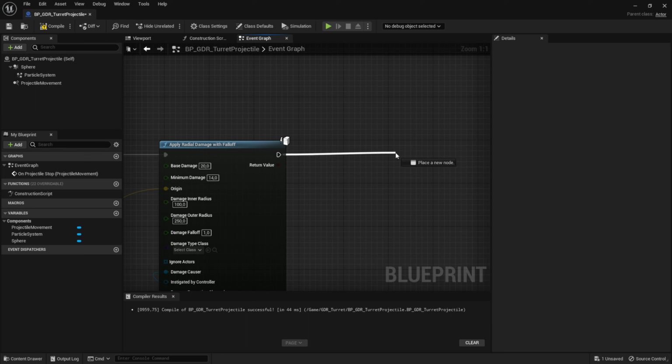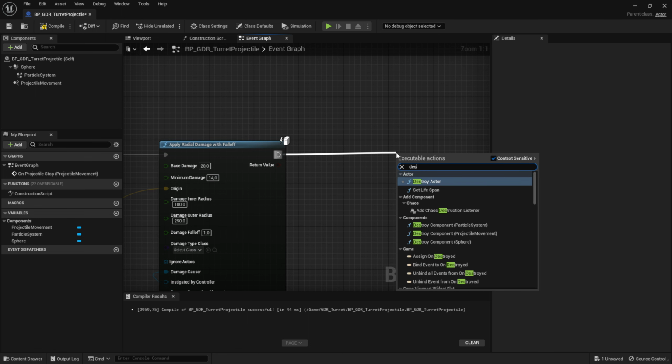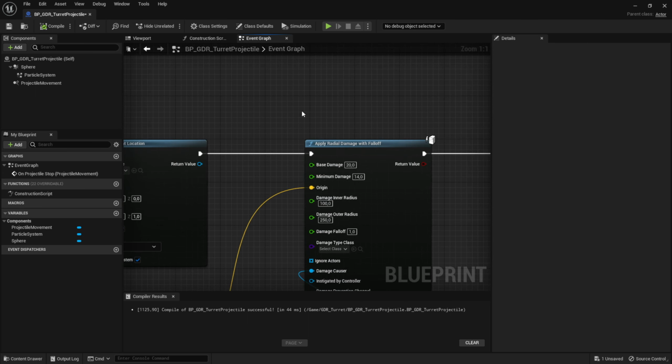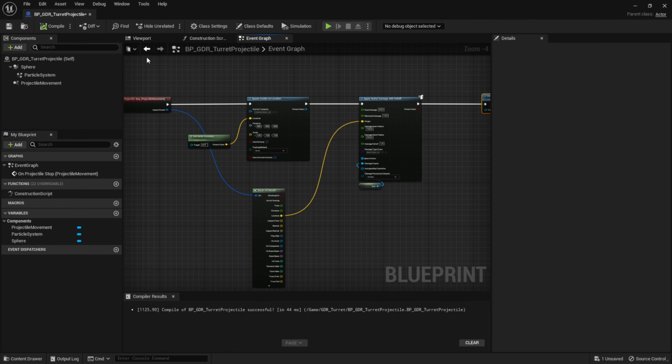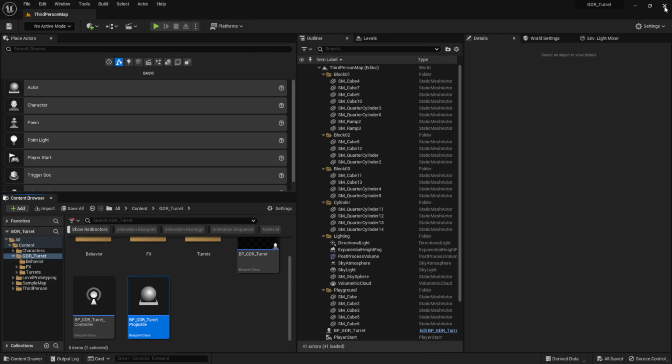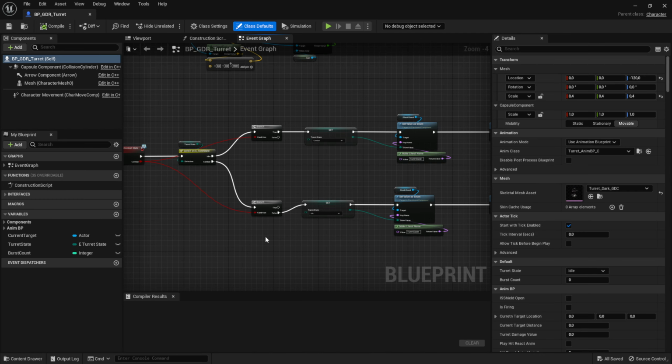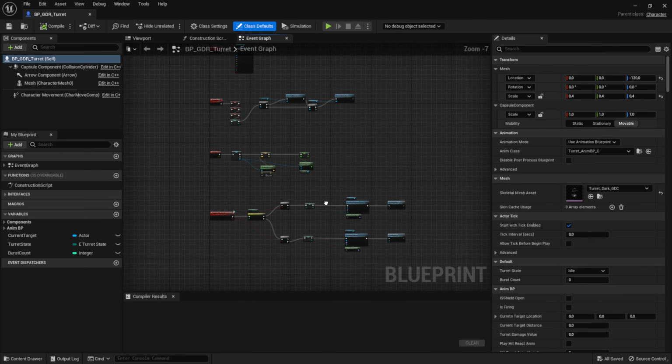After this, we want to destroy the actor, so we destroy the actual projectile. So destroy actor self. So that's the entire graph we need for the projectile, so we can compile and save it. That's already good to go. And if we go into our turret blueprint, then we need to make sure we fire the projectile at the